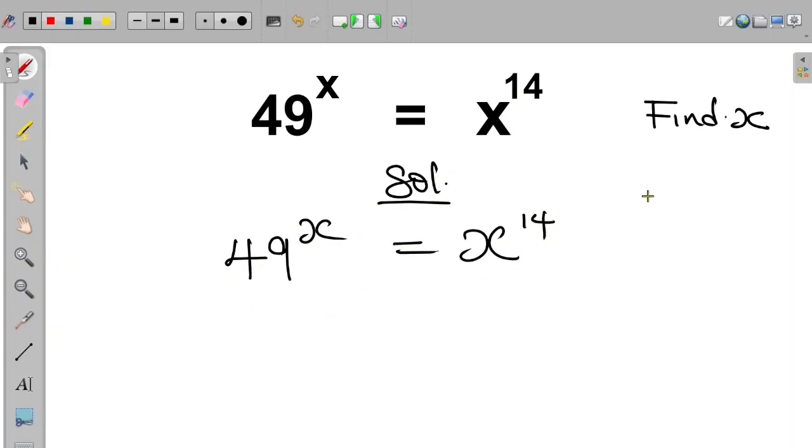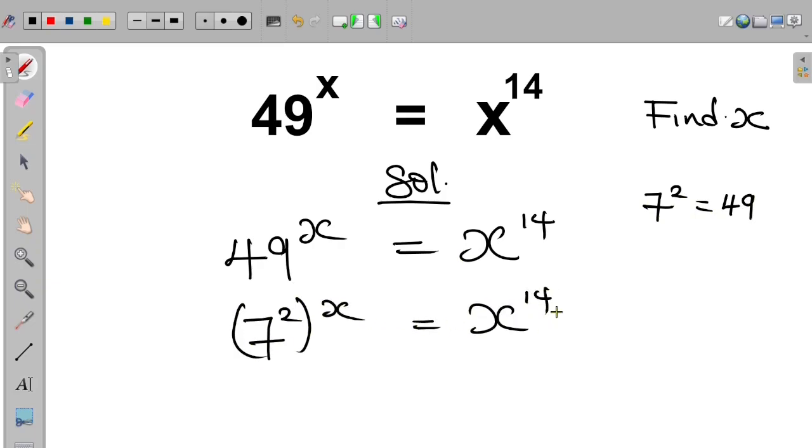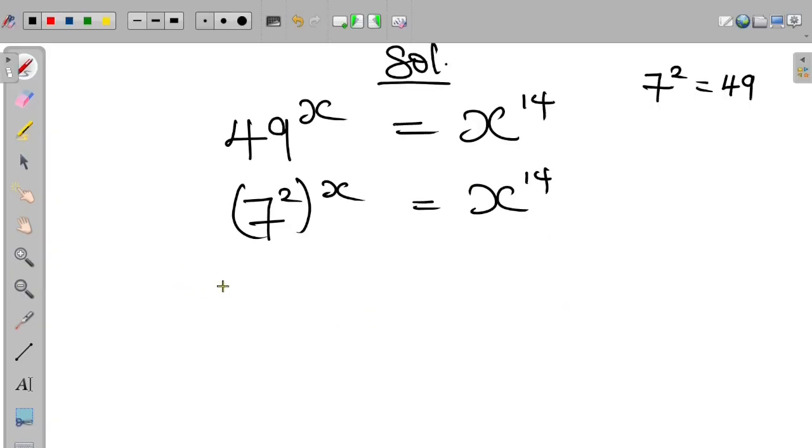Now, recall that 7 squared is equal to 49. That means we can express 49 in the power of base 7. So we have that 7 squared all raised to the power of x is equal to x raised to the power of 14. So at this point, this can be written as 7 raised to the power of 2x equal